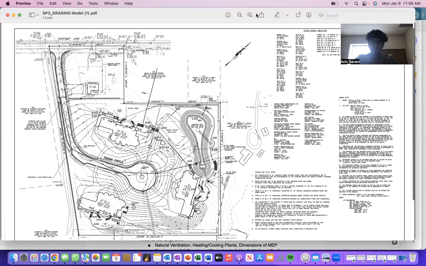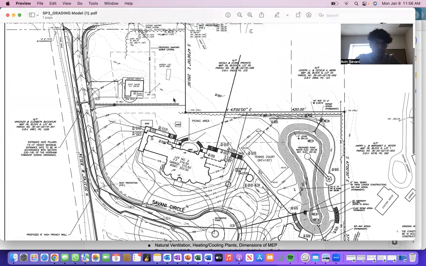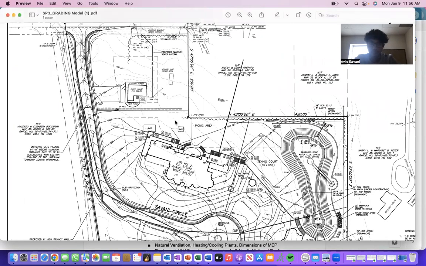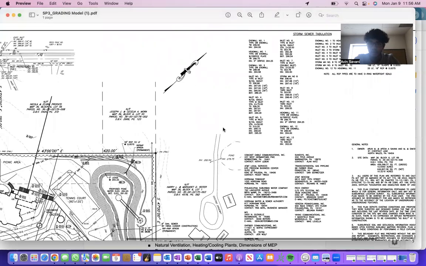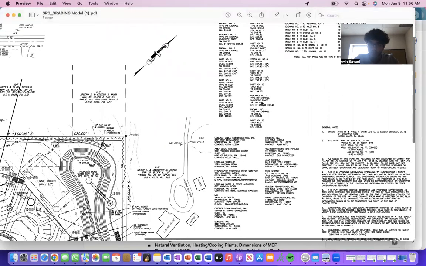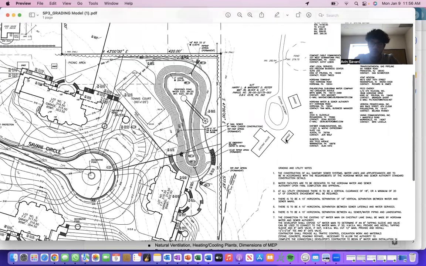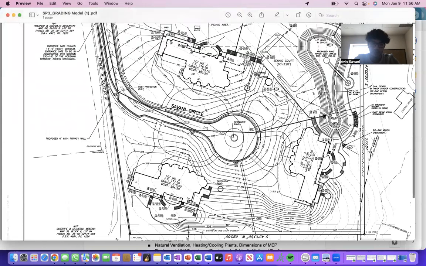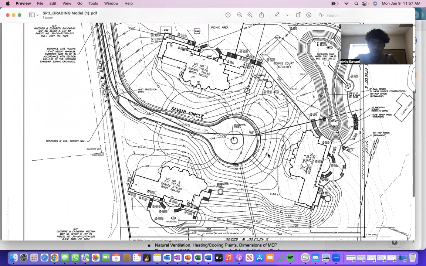If we can zoom in here, yeah. Basically, trying to avoid the addresses, it has the utility survey, right? Going through the storm sewer tabulation here, pretty interesting stuff. I'm not going to get too much into those things, but this is just a quick overview of what a grading survey should look like, right?